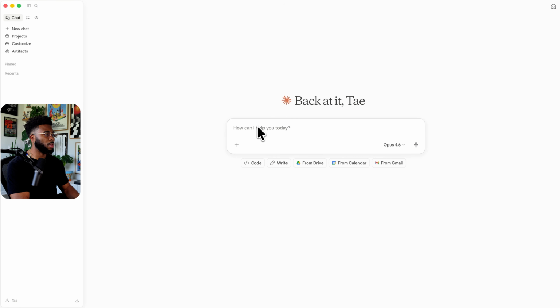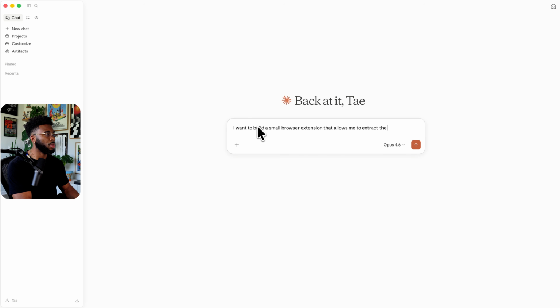So instead of trying to write some perfect prompt up front, I'll just describe the rough idea of what I have in my head and then tell Claude to ask me any relevant questions you need to get started. Don't guess or make any assumption. For example, let's say I wanted to build a browser extension that allows me to extract the design system from any website. So I'll type something like, I want to build a small browser extension that allows me to extract